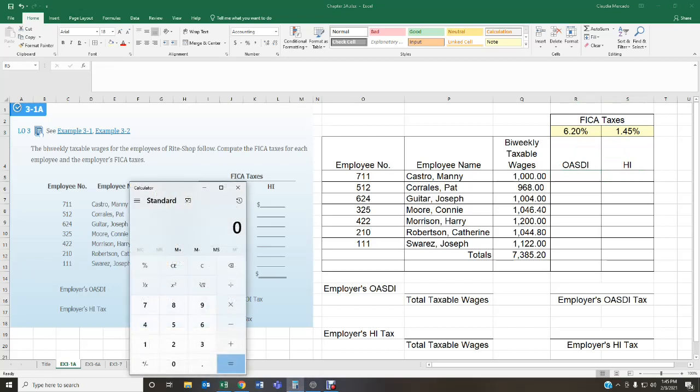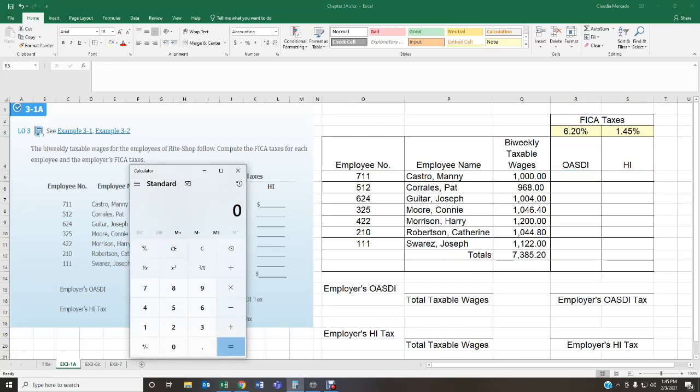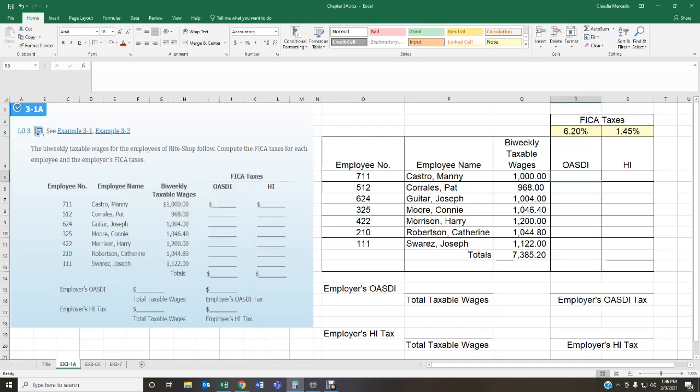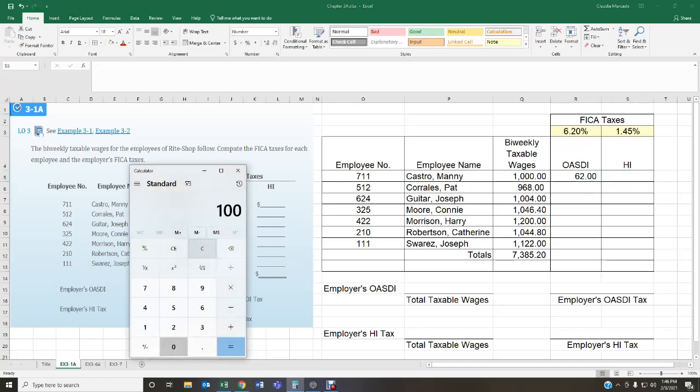All you have to do is get your wages. In this case, I have $1,000, and you're going to multiply it by 6.2%. That gives you $62 of OASDI. And then for HI, you're going to get the $1,000 and multiply it by 1.45%. The key here is knowing your rates. You need to be able to identify your rates, as they are not provided in the problem. You need to know that OASDI is 6.2%, HI is 1.45%. So then that gives me